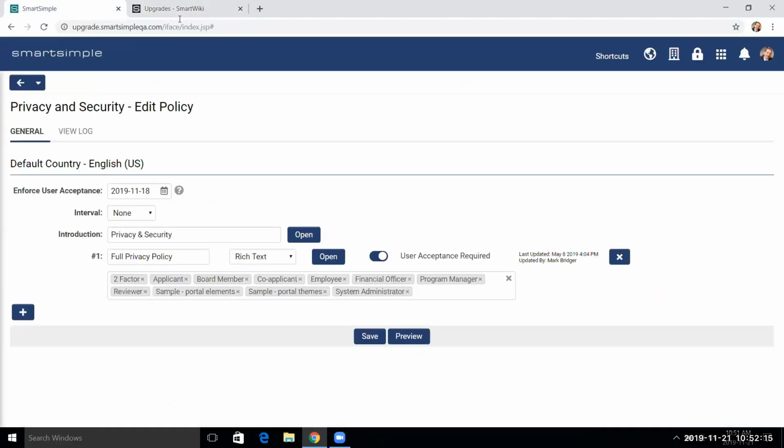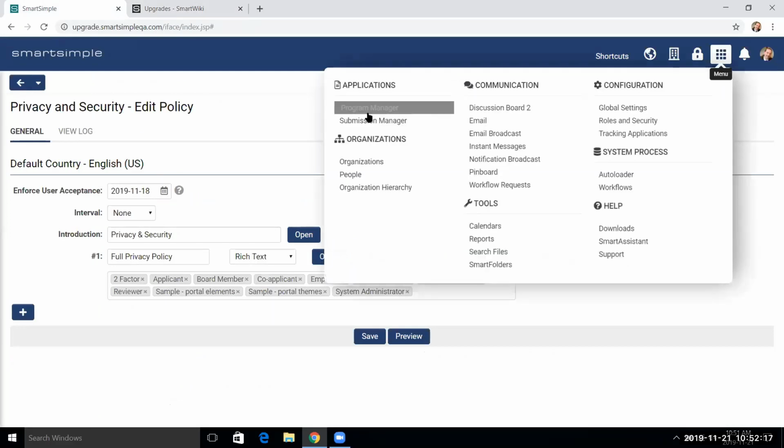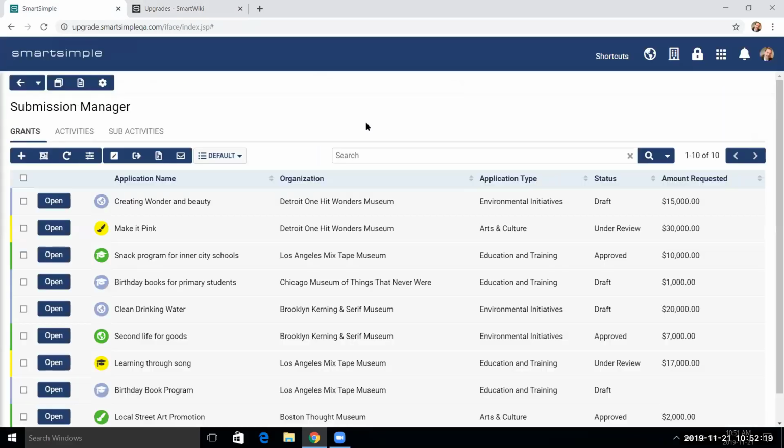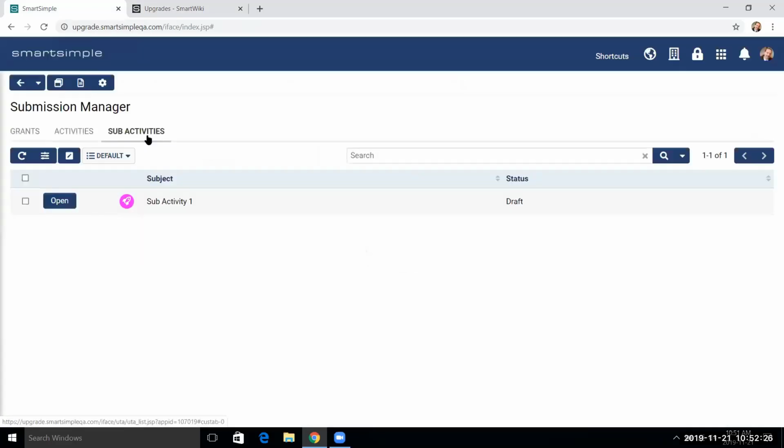Okay, so let me come back in here for a second to show you something else. Here I'm in my submission manager, and I've got my level 1s, my level 2s, and my level 3s here. But if I go to my level 3s, if I wanted to, I can have one of my list views show up here as a tab beside this. And we've now extended that functionality to the level 3s. It wasn't on the level 3s before. So if I wanted to show this list view up here, and it was a very specific list view, I'm going to come in, I'm going to edit it,